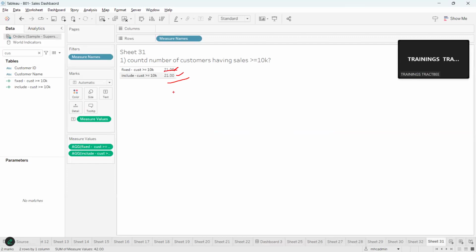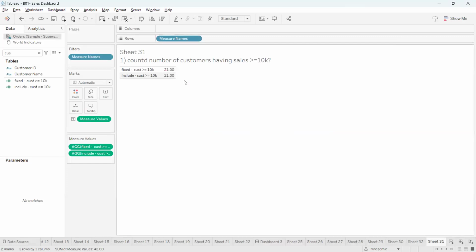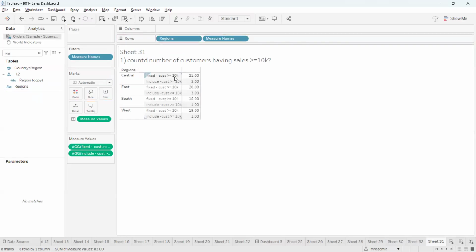But actually, this include LOD will change when we apply filters, right? If we have any filters, let's say region is available, then based on that it changes. Yeah, that's correct. Thanks for getting involved. So when you drag the region into the row shelf before measure names, you see,